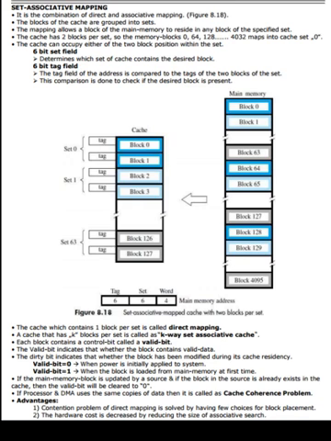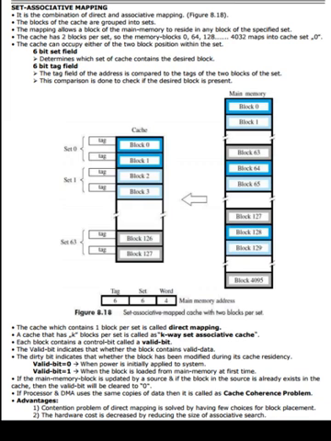Each block contains a control bit called a valid bit. The valid bit indicates whether the block contains valid data. The dirty bit indicates whether the block has been modified during its cache residency. Valid bit is 0 when power is initially applied to the system. Valid bit is equal to 1 when the block is loaded from main memory for the first time. If the main memory block is updated by a source and the block already exists in the cache, then the valid bit will be cleared to 0.